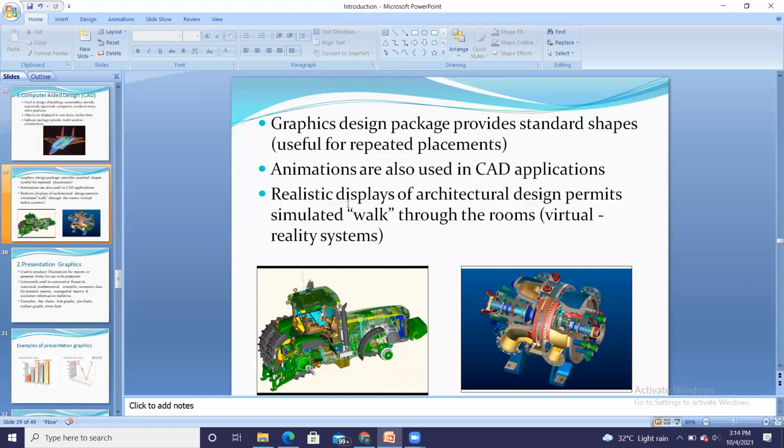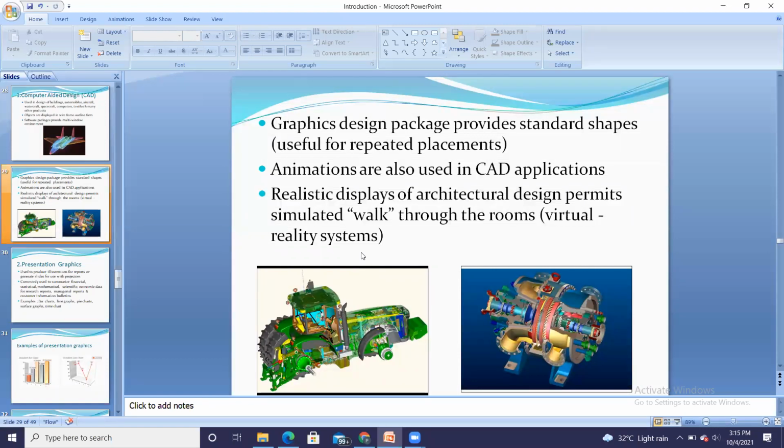Then realistic display of architecture design permits a simulated walkthrough of the rooms. So that is virtual reality. It is like whenever you are playing a race game, you observe that the roads are moving and you are moving through that particular track.